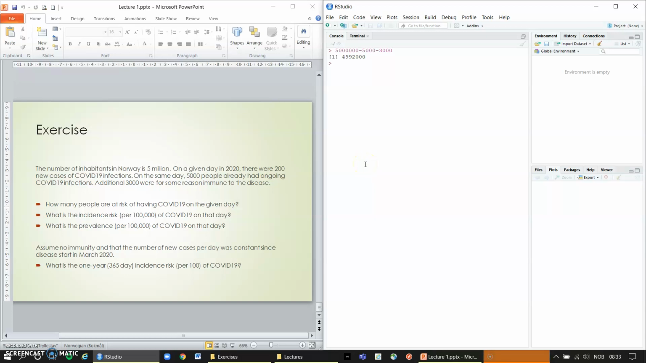In the second question, we are asked to calculate the incidence risk of COVID-19 per 100,000 inhabitants on the particular day. From the lectures, we have learned that the incidence risk is given by the number of new cases of an outcome during a specific time period, divided by the number of persons at risk of the outcome during the same period. In our case, the number of new COVID-19 cases is 200 on the relevant day, while the number of people at risk was estimated in the first question and was found to be